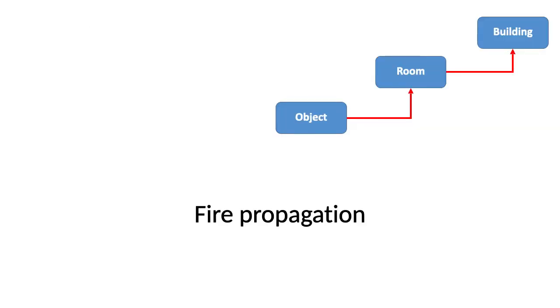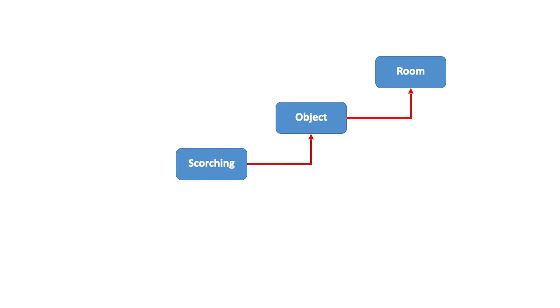Well, let me start by telling you something about fire propagation. So I might have a fire that starts in an object, and the heat from that fire might ignite the room, and the heat from the fire in the room might ignite the building, and thus the fire propagates. Now, something caused the fire in the object, so there's a stage before object on fire, and basically this is something that gets too hot, versus scorching.